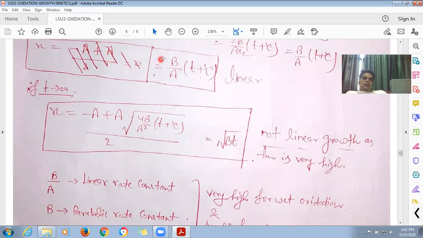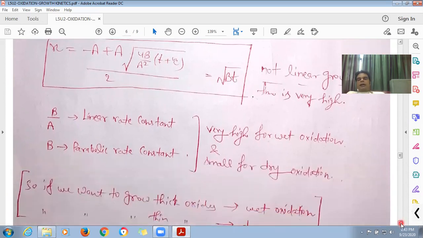The term b upon a is known as the linear rate constant, and the term b is known as the parabolic rate constant. The values of these linear and parabolic rate constants are very high for wet oxidation, and very small for dry oxidation, which has been found practically. So a question comes: if we want to grow a thick oxide layer,